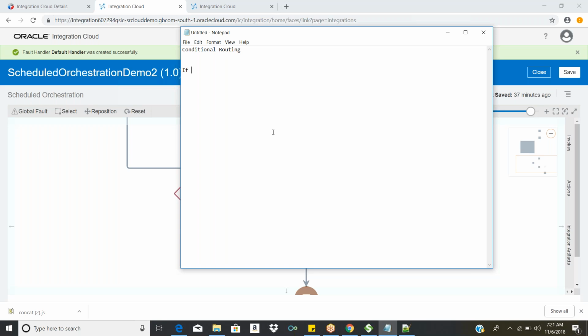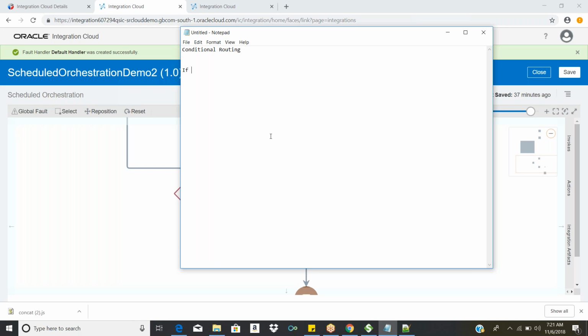If my employee salary is greater than 10,000 pounds, I have to perform some other actions. If it is less than 2,000 pounds, then again I have to do a different kind of action. So if this condition is satisfied, execute this flow; otherwise, execute a different flow.